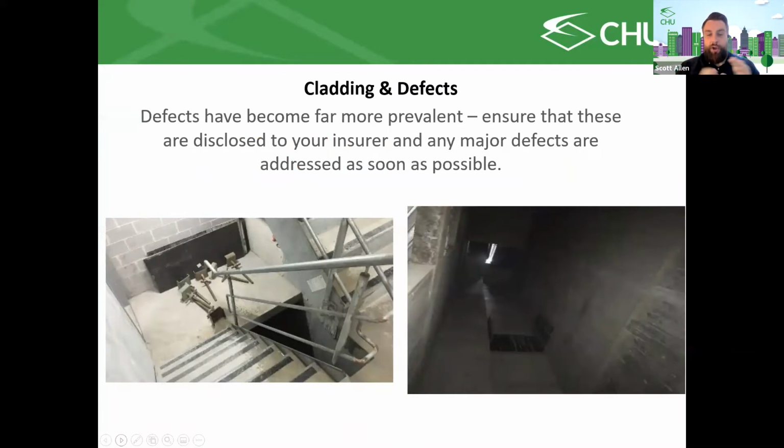Defects are another one. I've put a very impactful picture here, but defects tend to run the gamut between being really, really minor, to the point where your insurer probably doesn't care too much. An exit sign being slightly the wrong orientation can actually be a defect, but there are lots and lots of major defects, and the ones that really concern insurers are any that affect the essential safety of the building. So exit, fire, and those that let water in are the big ones.